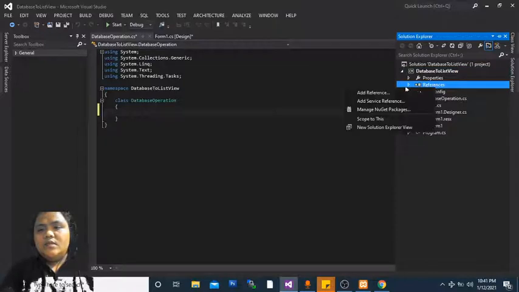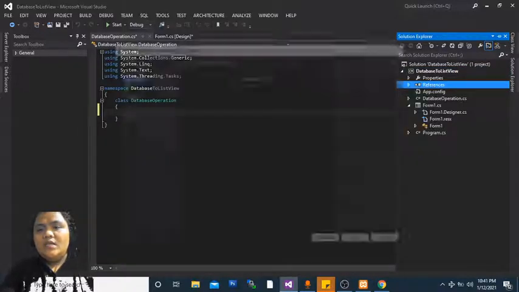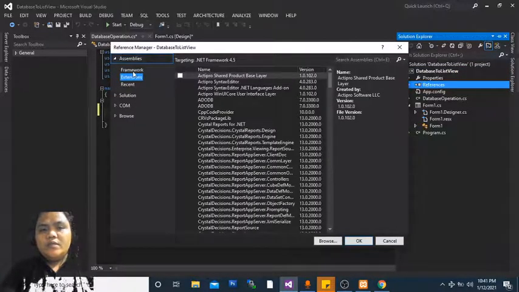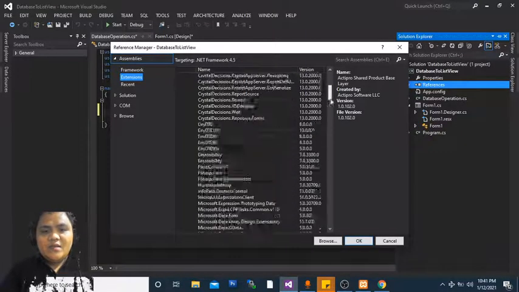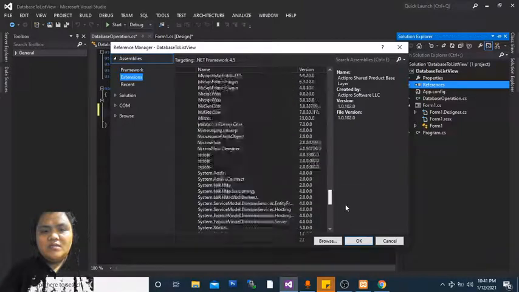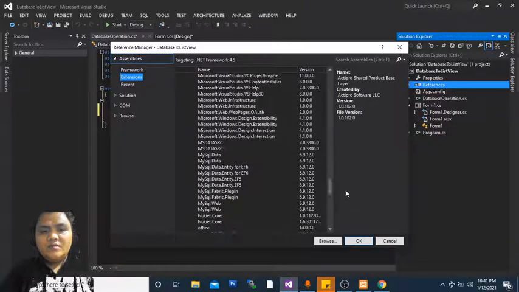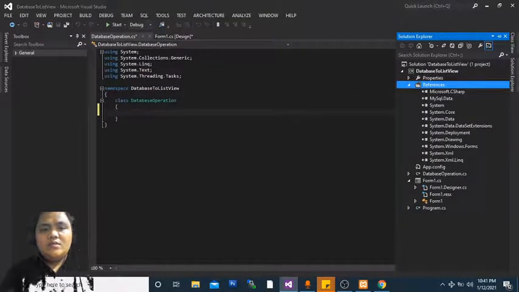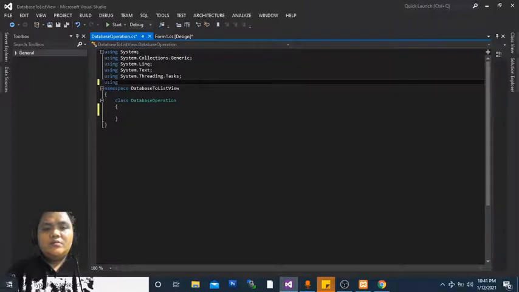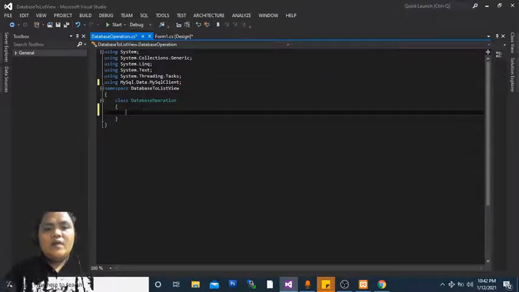Right click, add reference. Again, in Solution Explorer, right click the reference, and in the extension you will browse and navigate to MySQL data, click OK. That means we are now allowed to import our MySQL data, MySQL client,